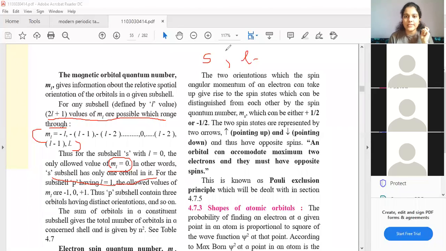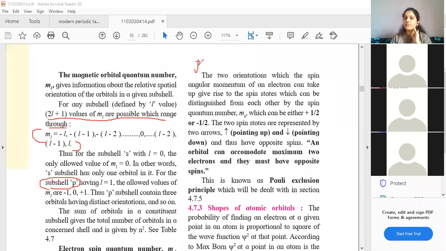Just a minute, okay, students. Let us just quickly see one more example, then we can summarize it. All right, so I'm reading further. You are concentrating on the paragraph part, okay? Please concentrate on where the cursor is. For the subshell P, now let us discuss what happens in subshell P.